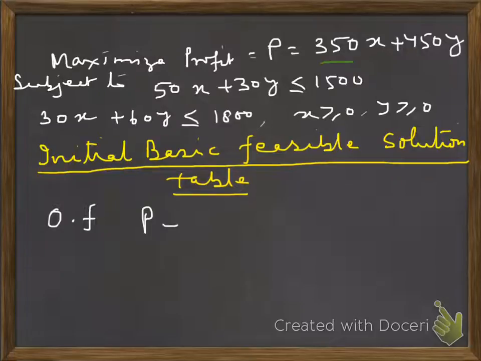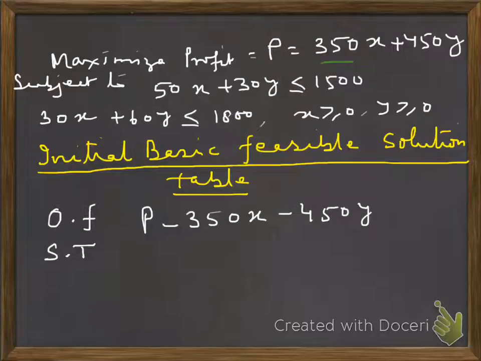So P minus 350x minus 450y, and then for the constraints, subject to these two technical constraints,